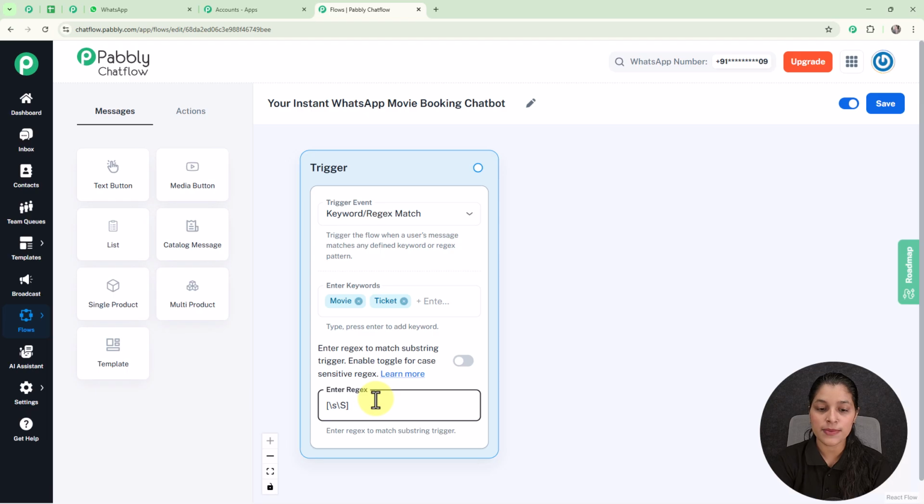These are used for the specific user input, and if you want to trigger any message you can enter regex like this, but here as I have already added my keyword, I will be removing this regex from here. So here we are done with our trigger, and now I am going to send a welcome message to my